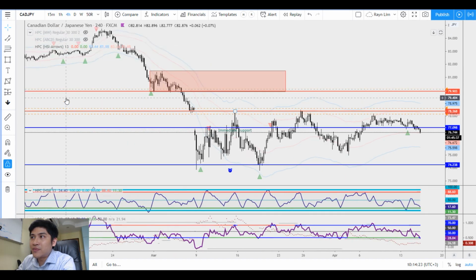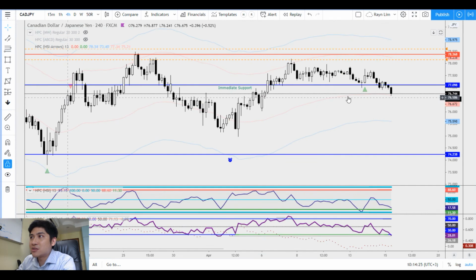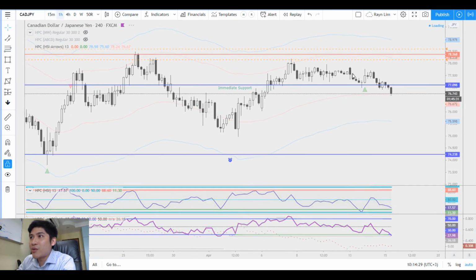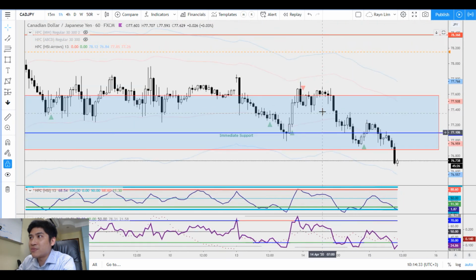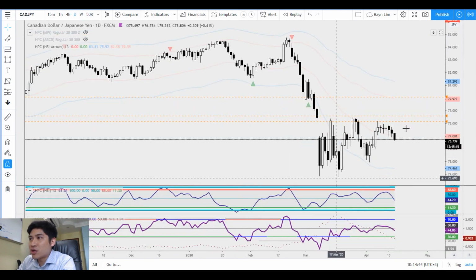Yeah. So these are all the support and resistance I'm looking at. The immediate support has been broken. To the 1 hour, this is what I want to share with you. Okay, so on the 1 hour chart, this was the immediate support I was looking at. Right now we have a break and close below the low, waiting for another break to determine a sell zone, but most probably I'll draw a trend line over here,